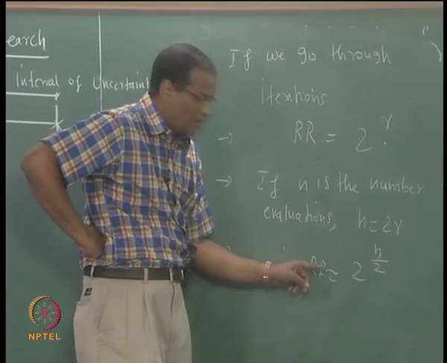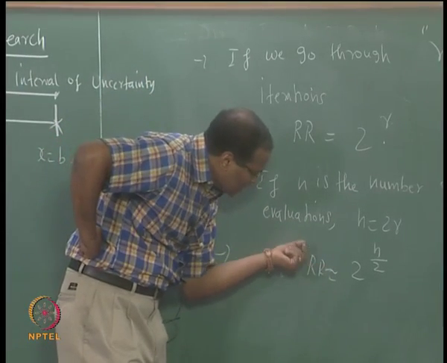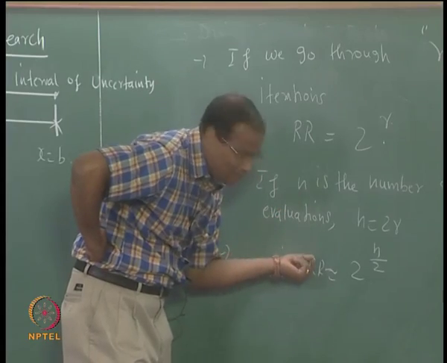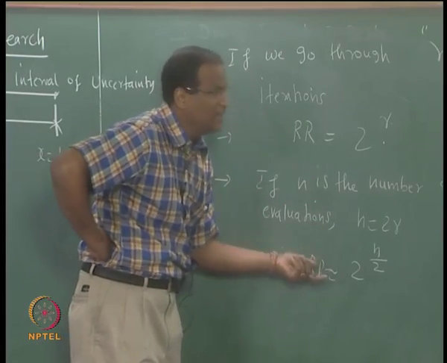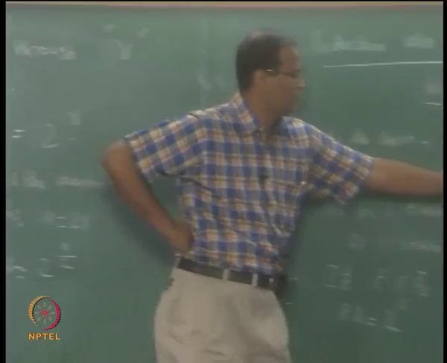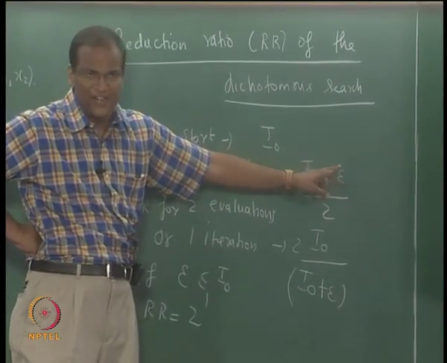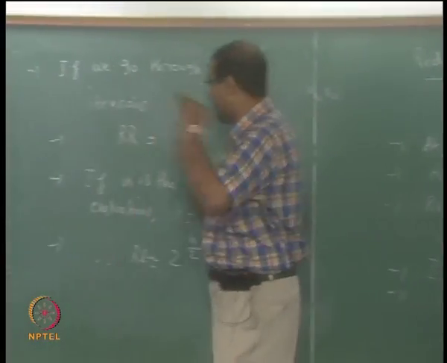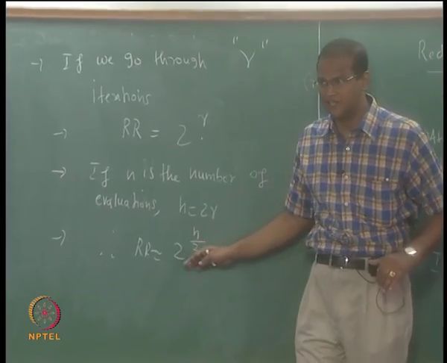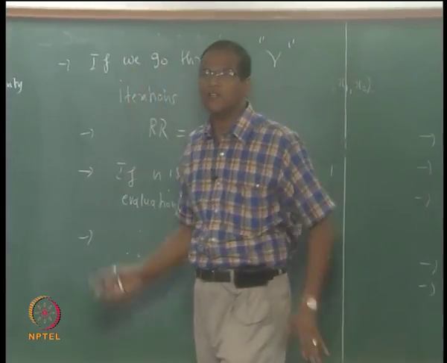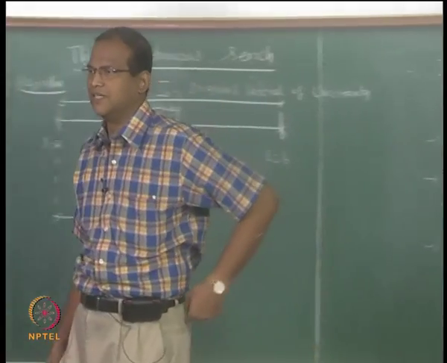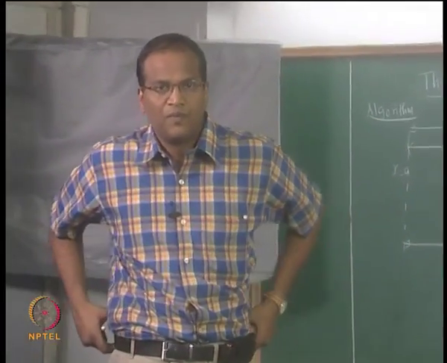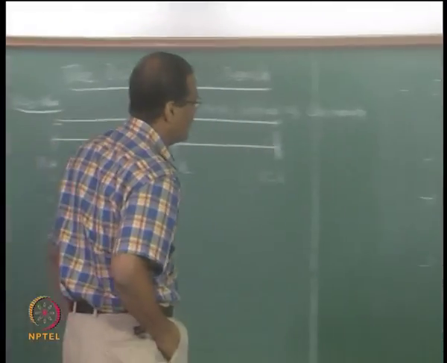Whether this approximately equal will be replaced by the equality sign depends on how small an epsilon you choose, but epsilon is finite and hence non-zero, therefore you will get a reduction ratio which is always smaller than this. If you take a big epsilon, then the reduction ratio will fall down substantially. Okay, for example, if n equal to 8,